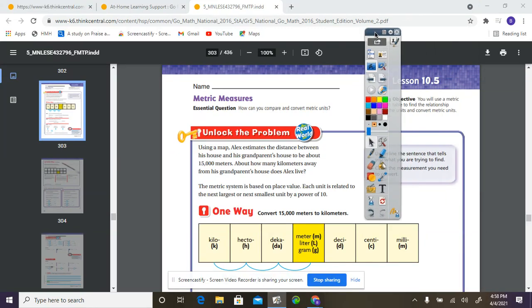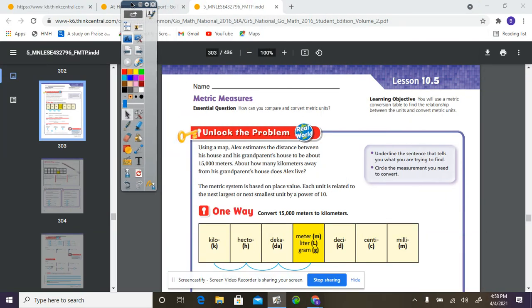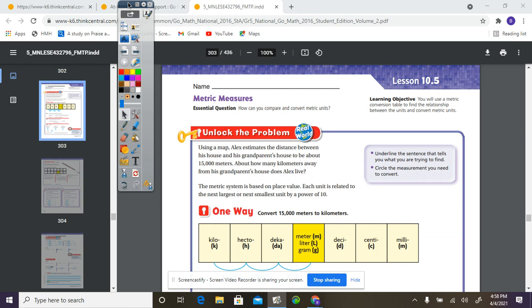Hey guys, Ms. Simpson here, and I just want to record a quick video going over how to convert metric measurements. Metric measurements can be a little complicated sometimes when it comes to conversions. However, we are going to use a pretty simple way to convert measurements by using the chart that is displayed